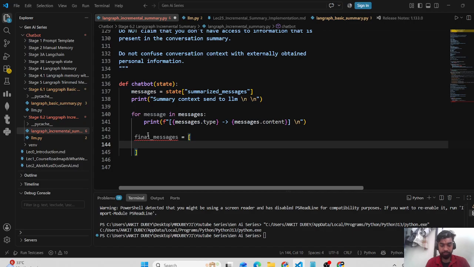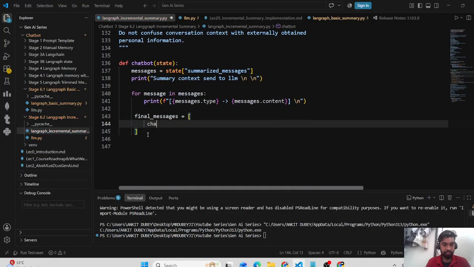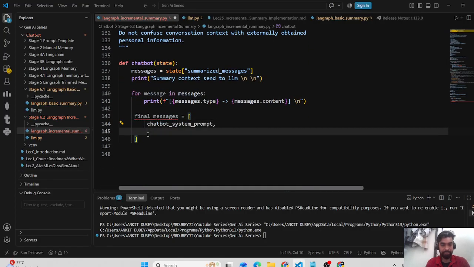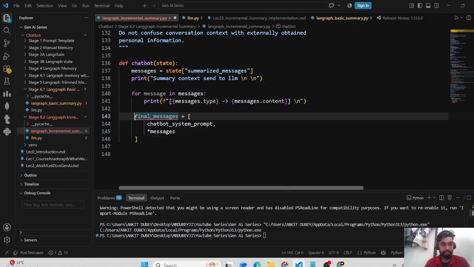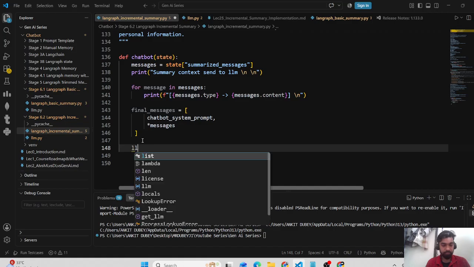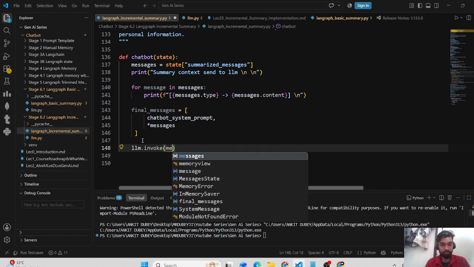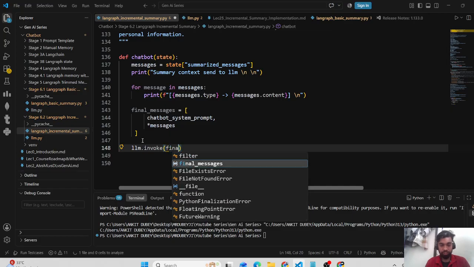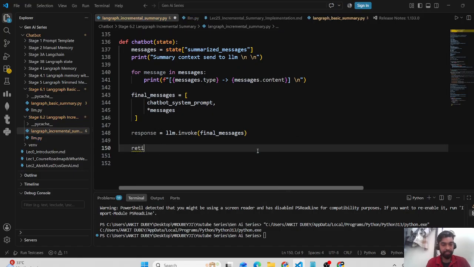One is the prompt that we have written, the chatbot system prompt, and another is star, the summarized messages. Now we send this to the LLM: llm.invoke with final messages, and this will give us the response,